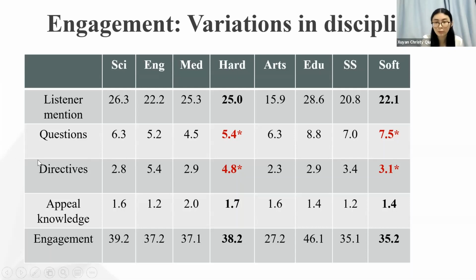And in terms of directives related to the instructions, if you take a look at the literature about research writing, you may find that the hard science students tended to use more physical acts to invite their audience or readers to take up some actions, while those from soft science disciplines tended to use more cognitive or textual directives to ask their audience to think about something or to refer to something.